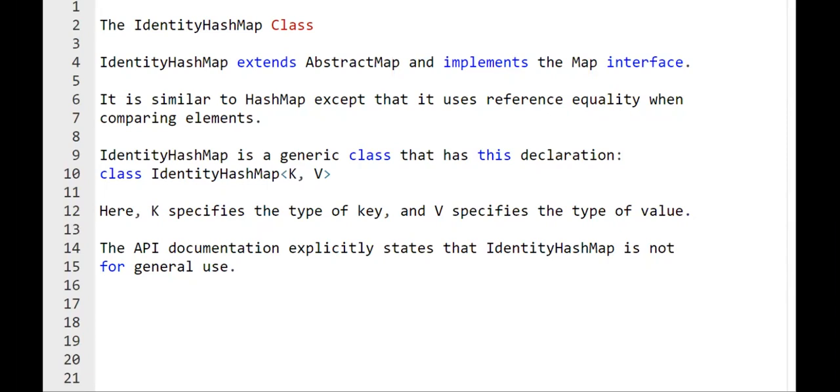IdentityHashMap is a generic class, and its declaration is class IdentityHashMap followed by K and V. The API documentation itself specifies that IdentityHashMap is not for general use. It is used only by internal classes and methods. Here the difference is it will use the reference for equality comparison and not the values.